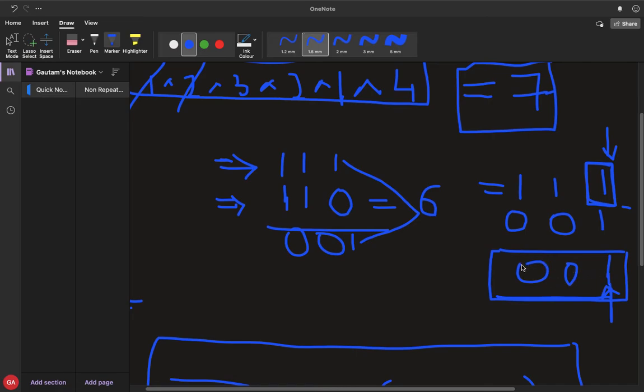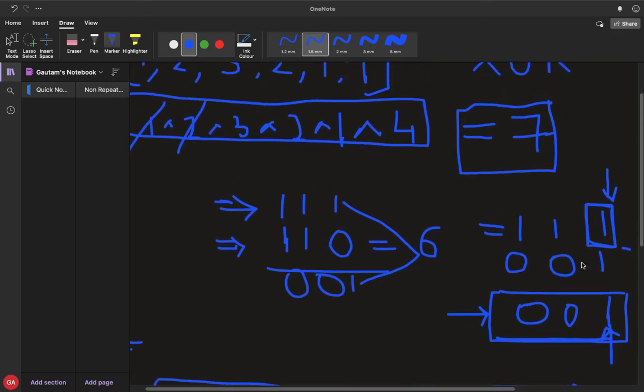So what is the purpose of getting this number? You guys know that XOR returns 1 if both the operands are different, and it returns 0 if both are the same. So we have got 1 over here.